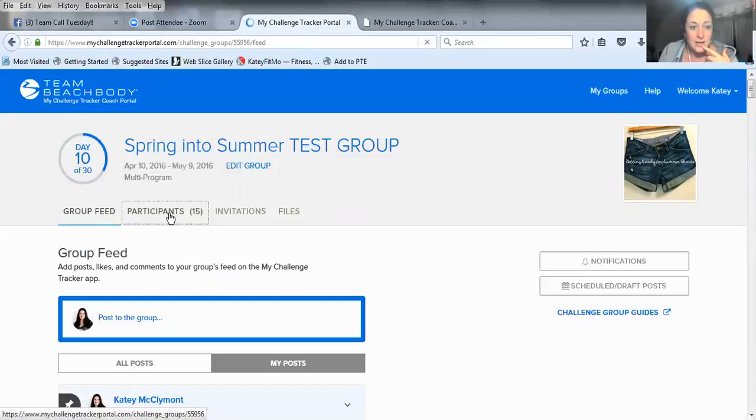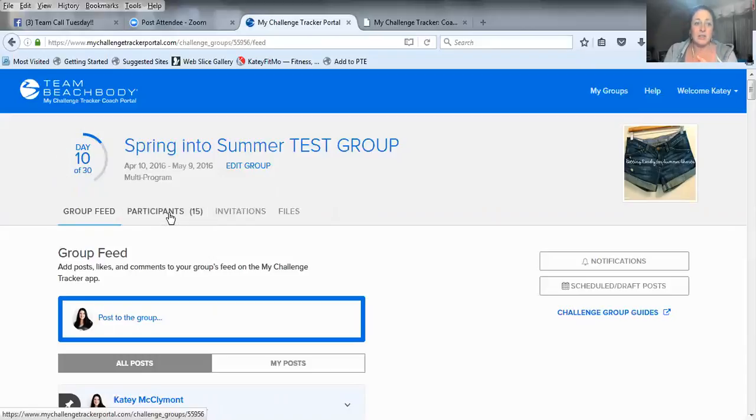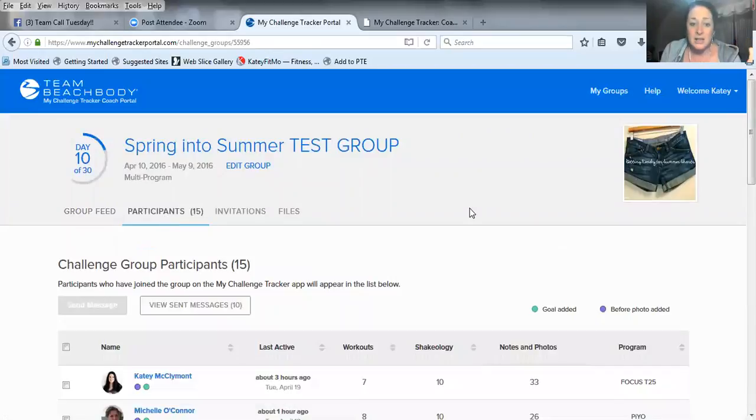Okay, so let's take a look at participants. This is where it gets really interesting and super helpful. As you are running your group, right now we are tracking using an Excel spreadsheet or a Google Doc to track how people are doing, if they're getting their shake in, if they're doing their workout. Those are the only two things that can actually be tracked within this app so far. But for the coach that can see everything, you also get the chance to take a look at